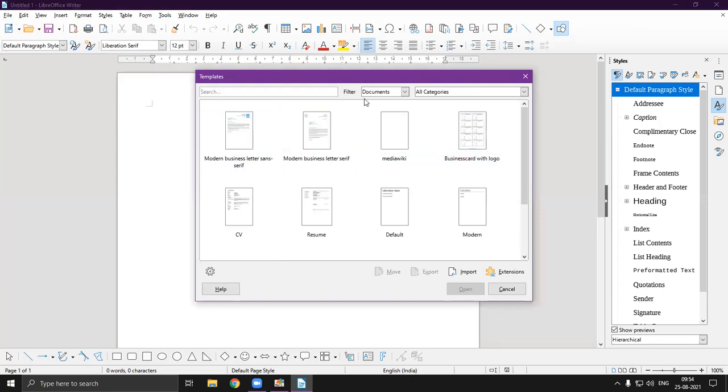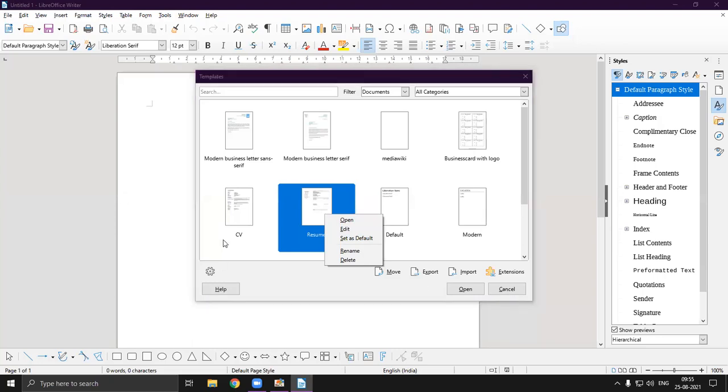So here are some basic documents. As you can see, our default document is what? Text document. But if we want to select any kind of default template, we can select it. Just like here I am selecting Resume, and if I right click on it, I can see the Set as Default option here. If I click on this Set as Default option, then it will change. Okay, so I'm not going to change my default setting in this LibreOffice Writer.